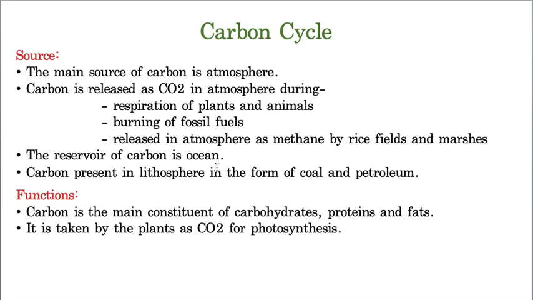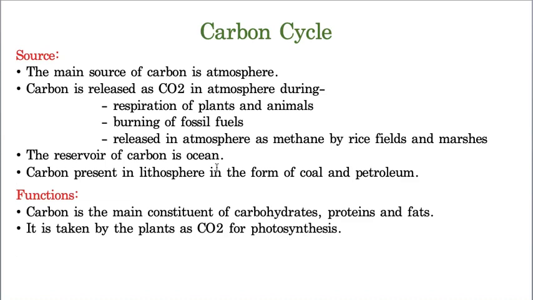which leads to a disastrous effect called melting of the polar ice caps, so that the seasonal variations won't be proper, and you can't get proper rainfall, proper winter, or proper summer, and throughout the year you feel like it is summer only. But the remaining seasons are also important for us, because flowering of many plants takes place in the winter season, and germination of many plants takes place in the rainy season. For example, if rains are not there, how will the plants germinate? Only summer means complete exhaustion of the water from the earth's crust takes place. So it's a dangerous effect.